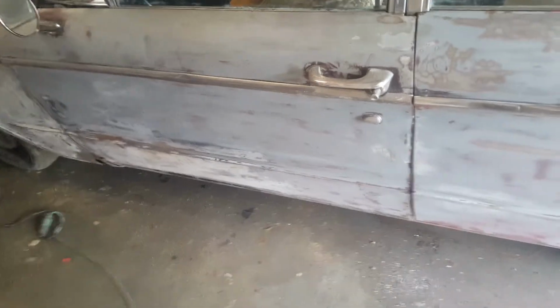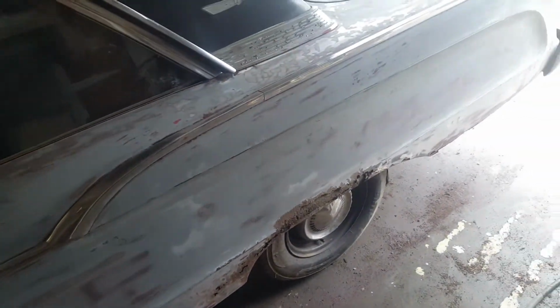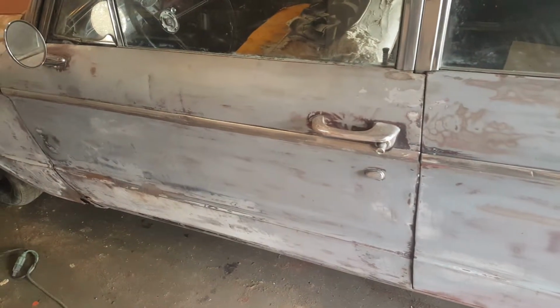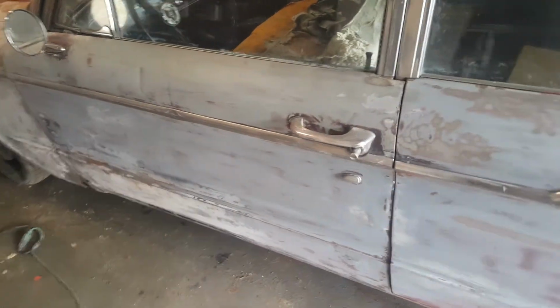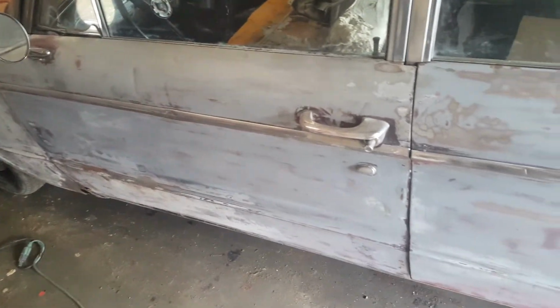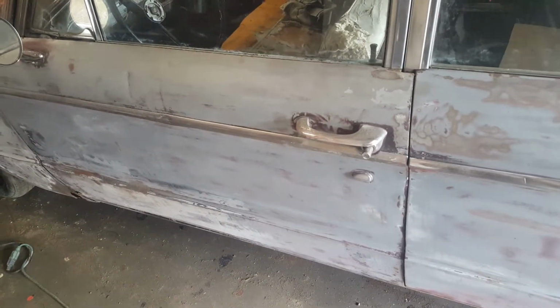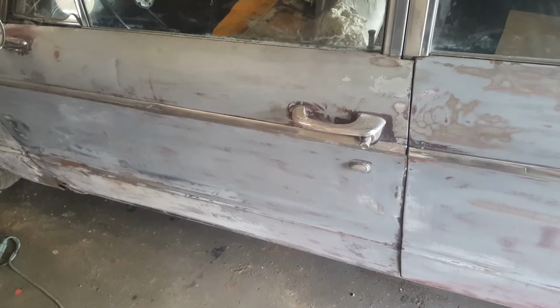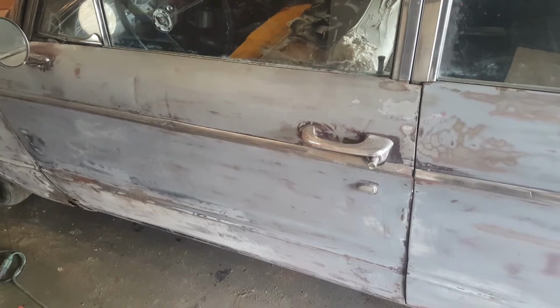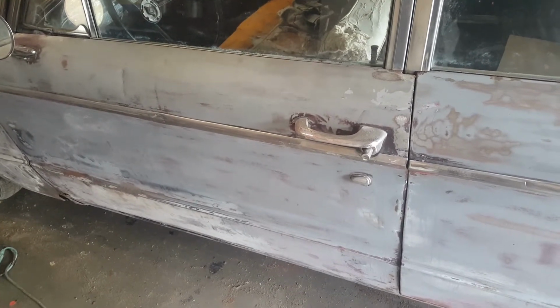So this Comet is being brought back from the dead, and I say that meaning that we're bringing it back so that we can drive it on the road. It's not a total restoration or anything like that for you $100,000 classic car trailer queen aficionados. And with that being said, there are quite a few hacks on this